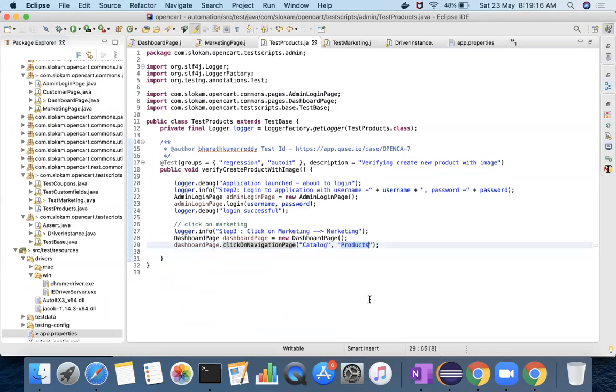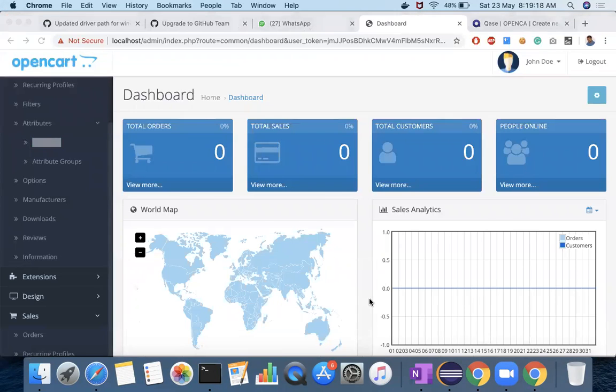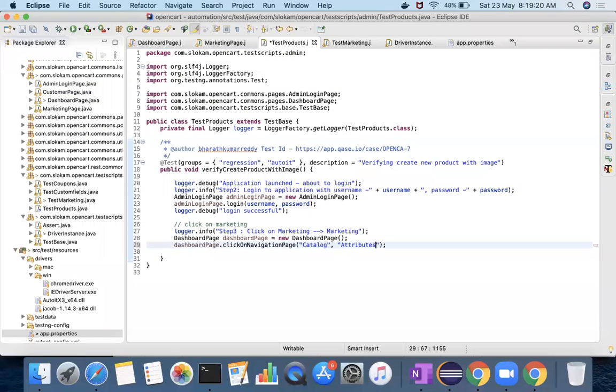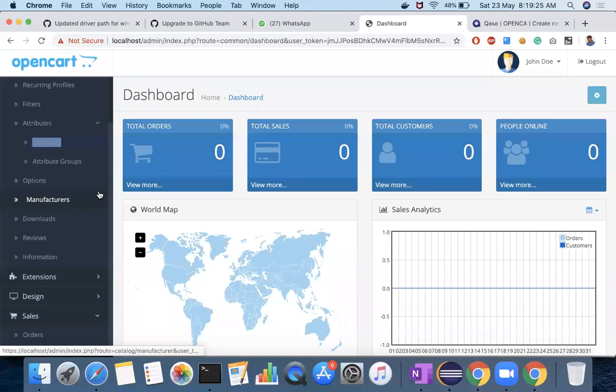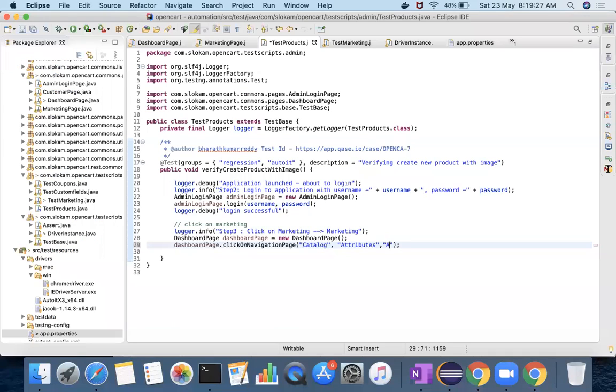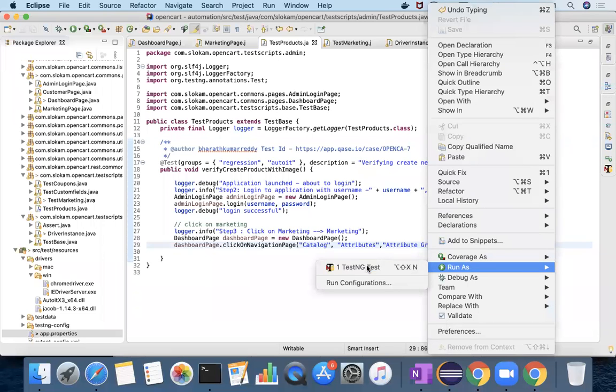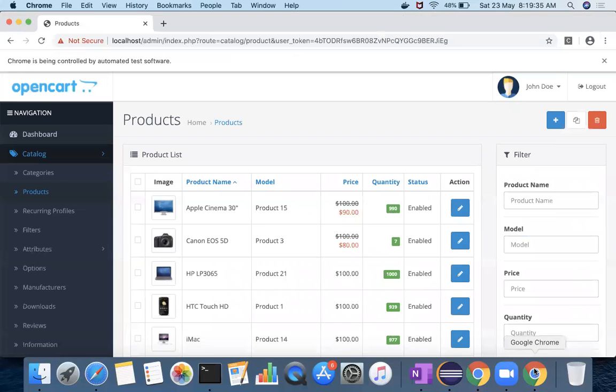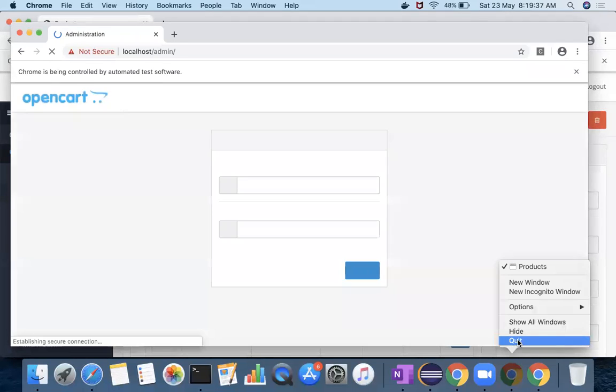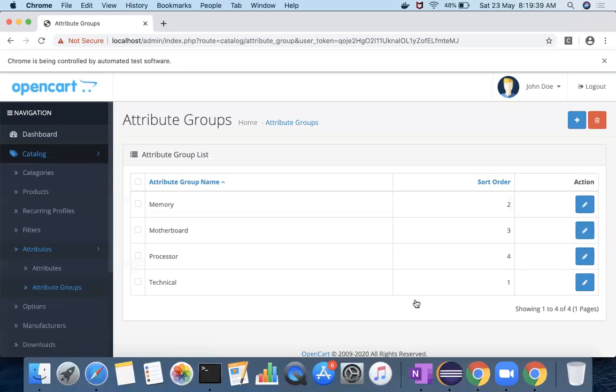The second one is attributes, and then third one is attribute groups. Right now, run as testing test. See, attribute groups has been clicked.